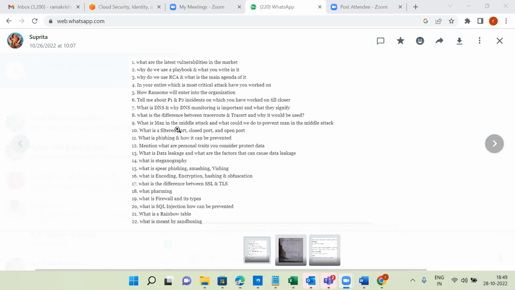Sometimes they will ask in the interview: do you know how to create a playbook? Do you know how to write a runbook? Do you know how to create SOPs? What answer will you provide? Yes, we know. That's what you have to say: yes, I know how to create a playbook, runbook or SOP. In a playbook, runbook or SOP document, we can provide the step-by-step process of each incident investigation, what the L1 team will do, what the L2 team will do and what the L3 team will do. That is called a playbook.